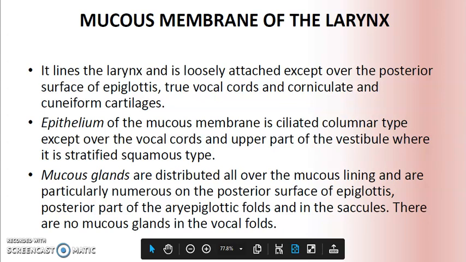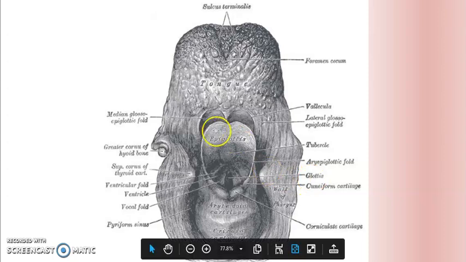Come on to the mucous membrane of the larynx. If you throw a mucous membrane on the interior of the larynx, that has got like this. It has got an hourglass appearance. It's broader above, it's getting narrow now. After this narrow point, again it will be broader. So totally it will be like a hourglass appearance.